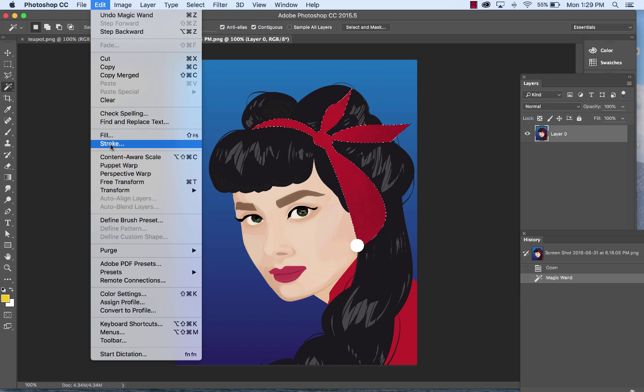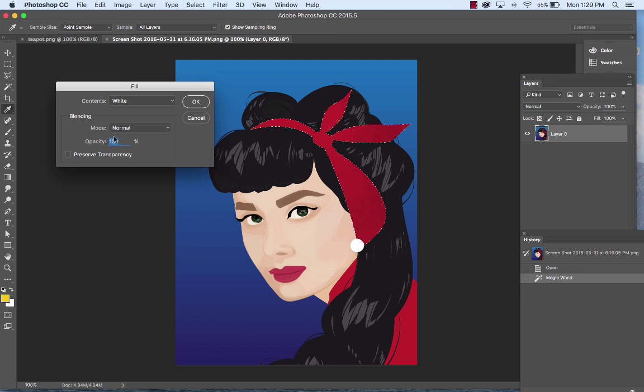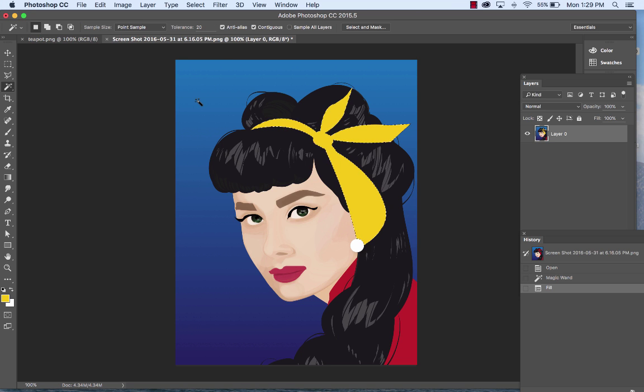Edit, Fill. And so what it'll do is whatever I have selected, in this case I used the magic wand to select her bow. I can go under Edit, Fill, and then there's one at the very top that says Contents. You can say white, gray, black, history, pattern, content aware. It's a very popular one I use, but the one I really want is the golden color, which is the foreground color. Remember the color that we chose down here is actually the foreground color. Of course, the one that's in the back, the white color, is the background color. So I'm going to choose foreground color, and then I'm going to hit OK,